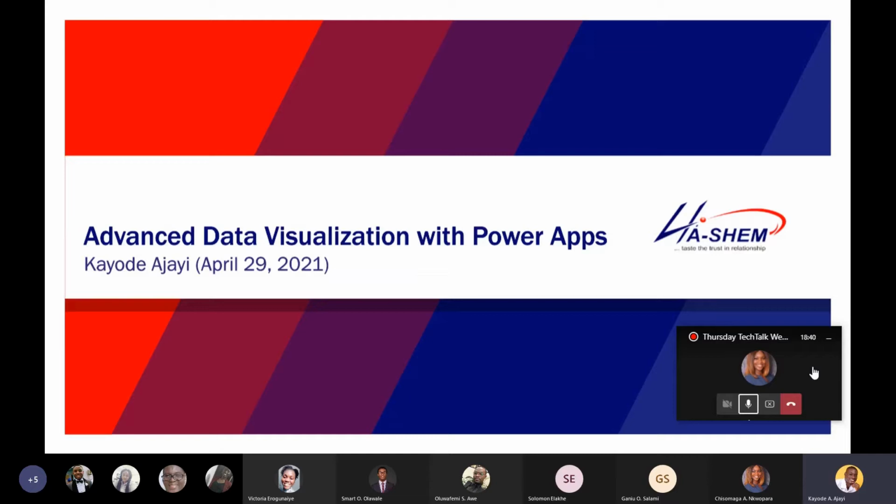So today we are going to be looking at data visualization with Power Apps. As you may know, there are two types of Power Apps: we have the model-driven apps and we have the Canvas apps. So we are going to explore the possibilities when it comes to data visualization in these two types of Power